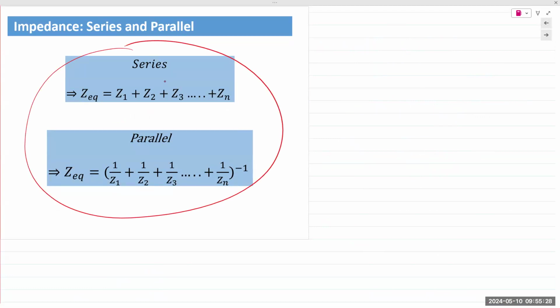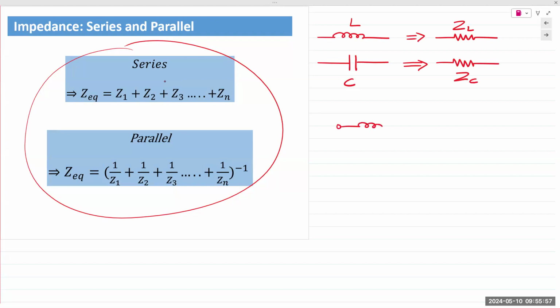let's say you have an inductor L and a capacitor C. You can represent that inductor with its equivalent impedance, and you can represent that capacitor with its equivalent impedance, ZC. Now, if the inductor and capacitor were connected in series,